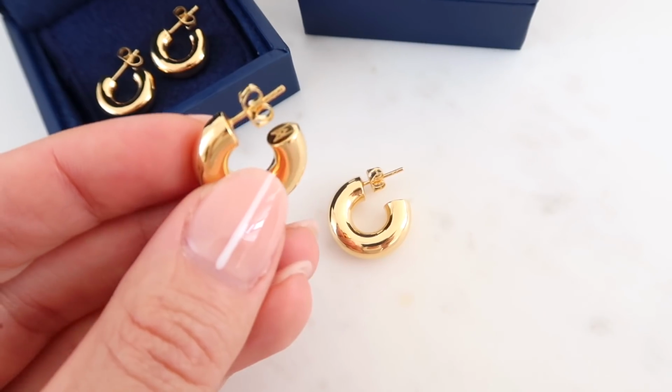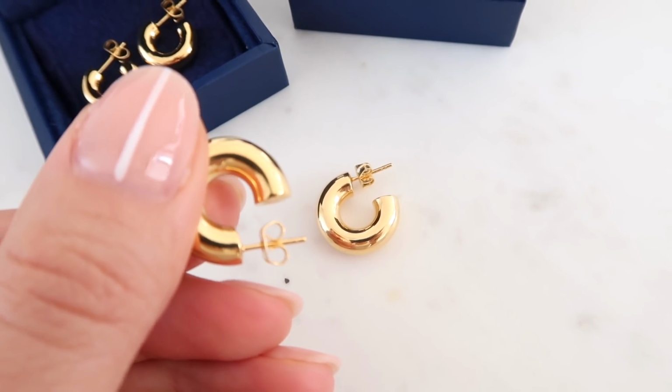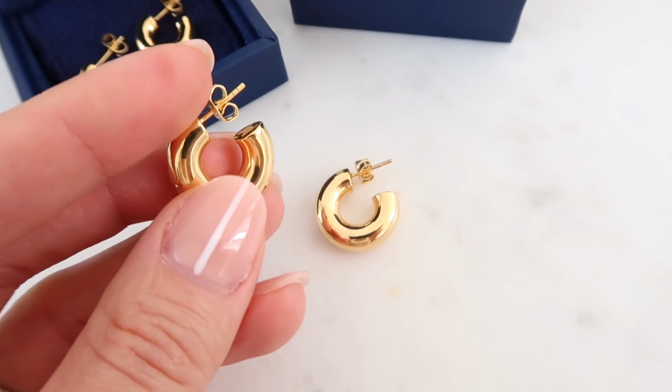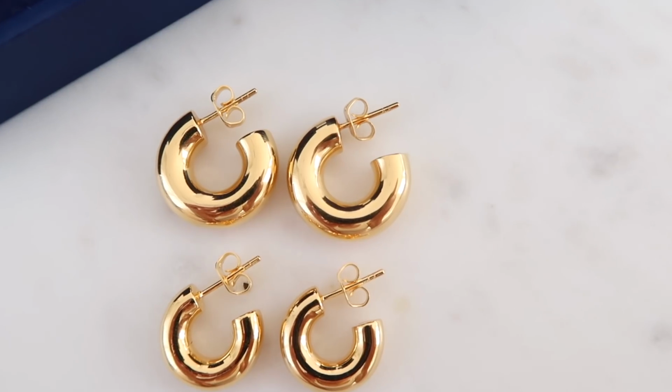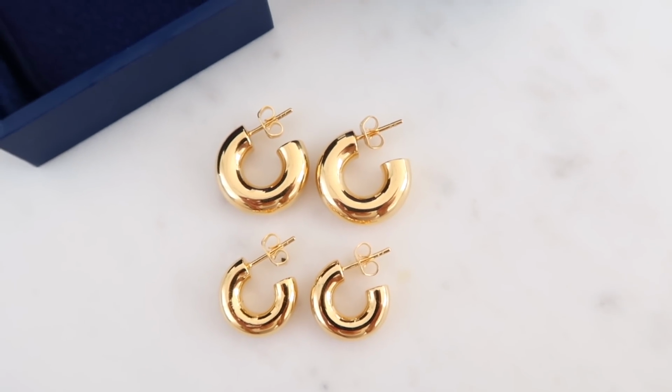I actually just got in these new hoops. These are from their new Chubby Hoops collection. So I got both the medium size, which is the one that I have in right now, and then I also got the slightly smaller ones, which look like this. Again, I'll do a close-up so you guys can see them better, but what I really love is that they are 18 karat gold plated, including the bit that goes into your ear, which I think is the most important